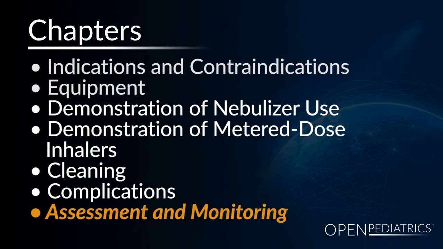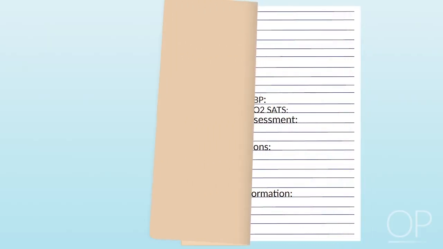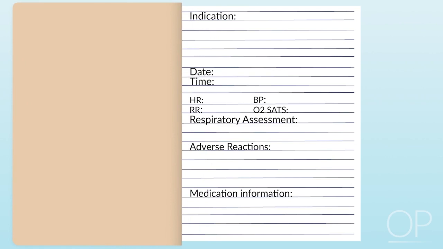Assessment and monitoring. Aside from the assessment of aerosol medication quality discussed previously, it's important to monitor the patient's vital signs, including oxygen saturation, respiratory rate, heart rate, blood pressure, as well as assess lung sounds before, during, and after administration of the medication. Following administration of inhaled medication, you should document the following information in the patient's medical record: